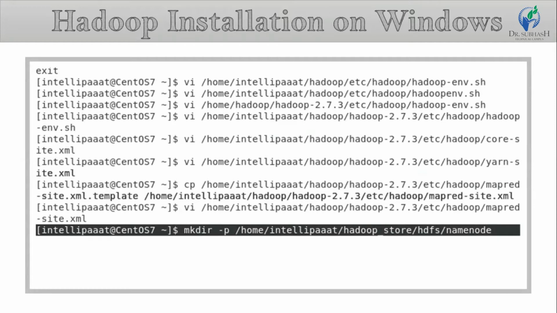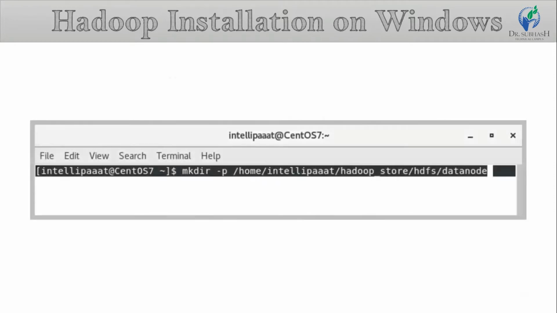For that, enter the highlighted code for creating the directory for the name node. Remember one thing here, mkdir means making a new directory. Now, similarly, to create the data node directory, enter the highlighted command.